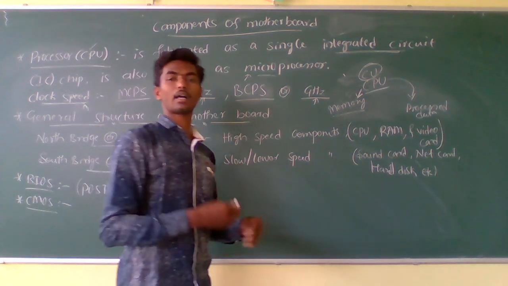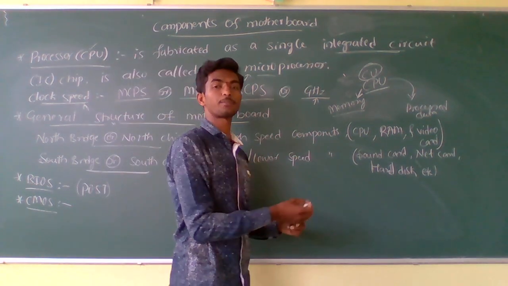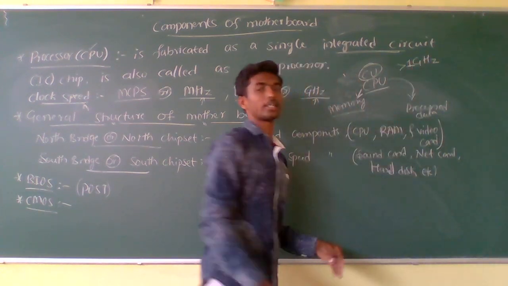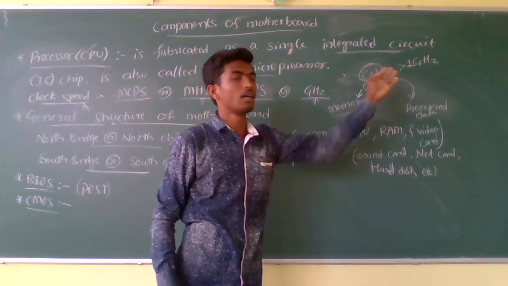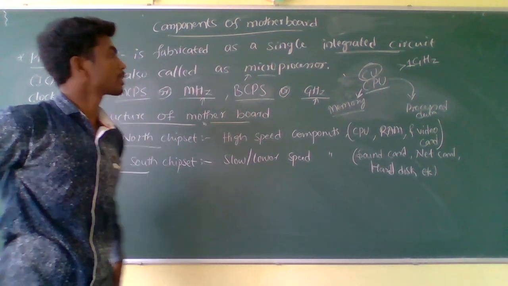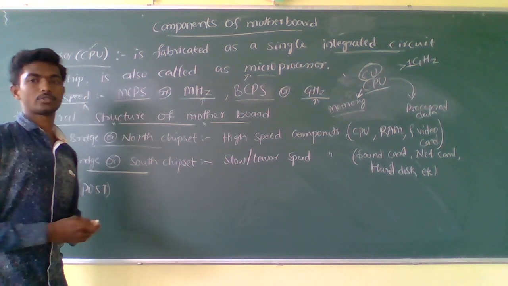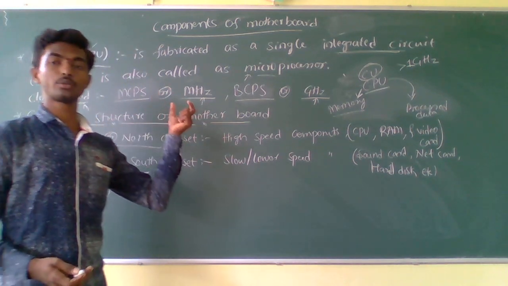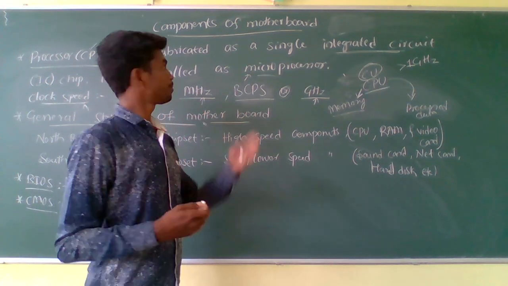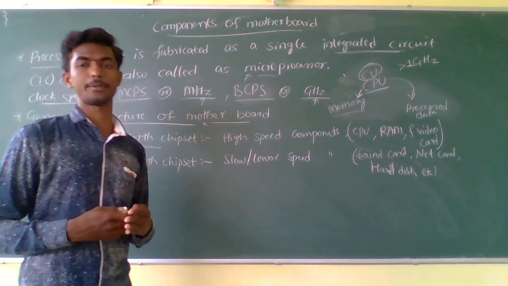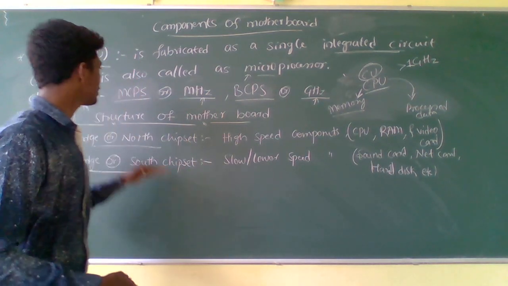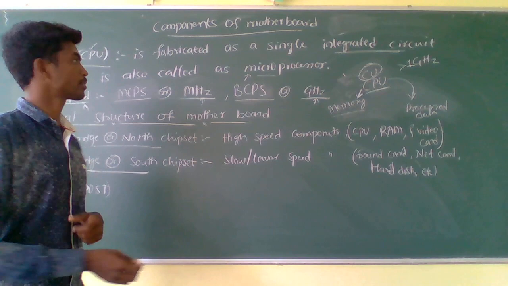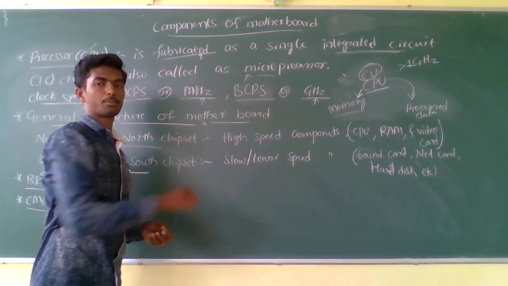Nowadays we are getting computers that have a clock speed greater than 1 gigahertz. This is about a processor, or microprocessor, or you can also call it a CPU. Here you just have to remember the different parts of a CPU, like the ALU, CU and the registers, and the clock speed, while explaining the processor or microprocessor and the definition for a processor.